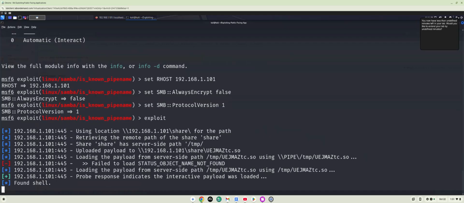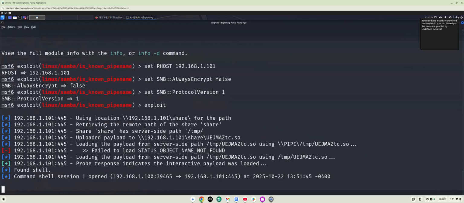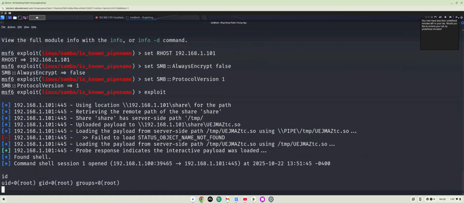All right, so it found a shell. Let's see now that it found the shell. It says the command shell session is open. So let's see, I'm going to type in id. And there you go. So now I have a root session going on our target machine due to this vulnerability that I found with this out of date